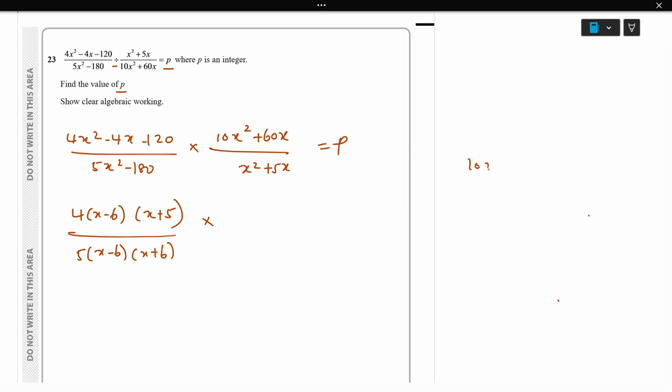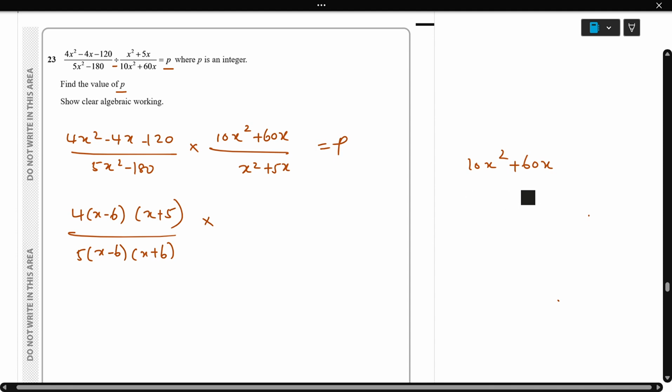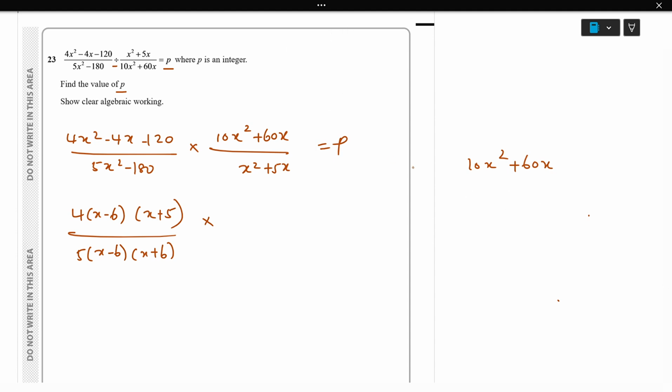Okay, 10x squared plus 60x. Here I'll bring 10x out, since 10x is common. So 10x into (x plus 6) over, here I'll bring x outside, so (x plus 5), which is equal to